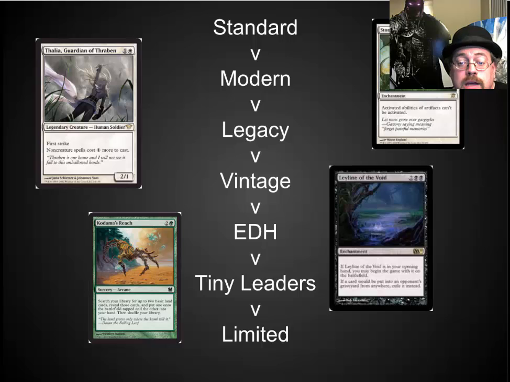In Vintage, you're often looking for extremely specific answers. Leyline of the Void against Dredge is an absolute must, or Ravenous Trap, something else that shuts down that really